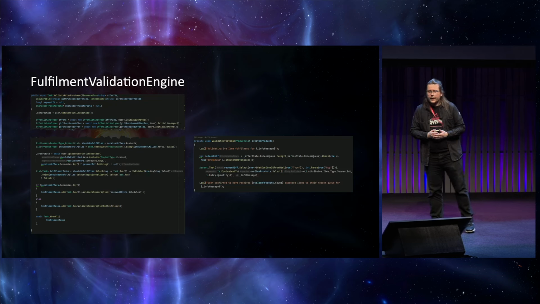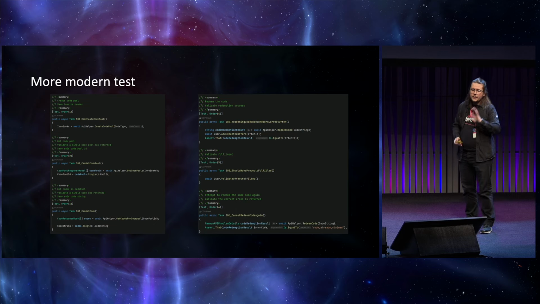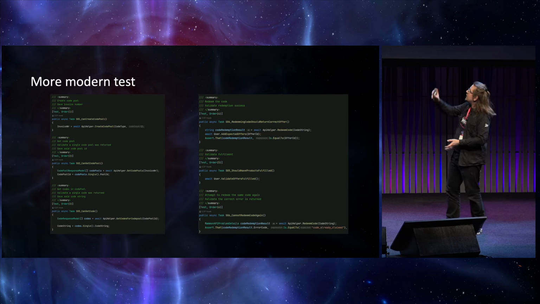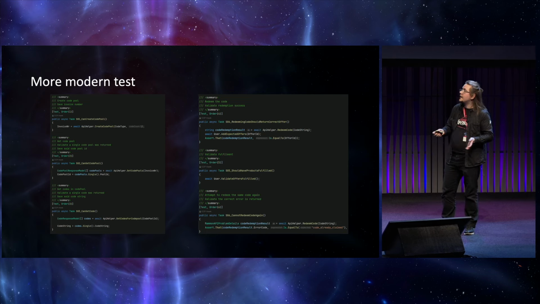Now, finally, I want to leave you with a more modern test. This test creates some redeemable codes, and you guessed it, redeems them. You'll notice how it's broken into different methods. This required some finagling, creating a custom page test class, basically, to have a single shared window between all of the steps that then will run linearly in series.